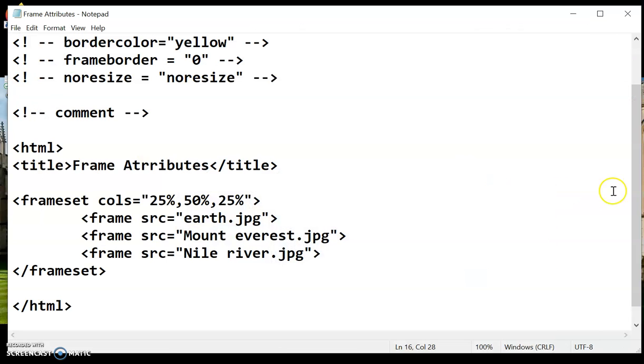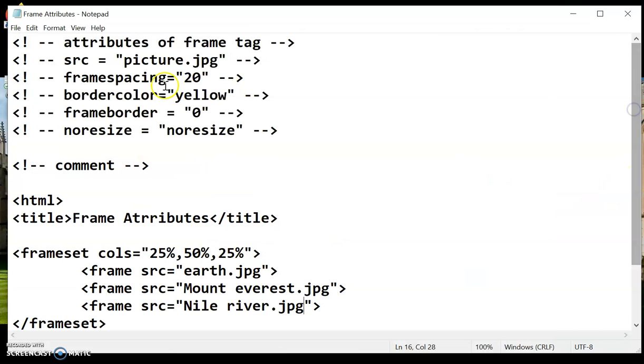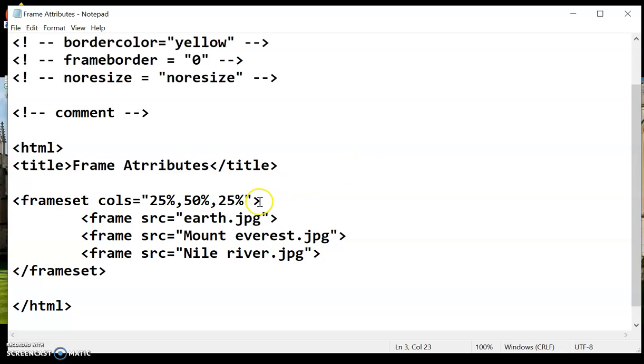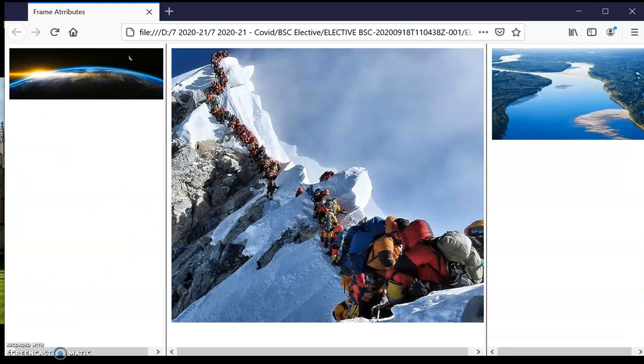Now let's add some more attributes. Here we have a frame spacing, that is 20. So let's add the frame spacing attribute in the frameset. Frame spacing, let's say I want 20. Frame spacing means I want some space between two frames. So frame spacing 20 pixels. Now let's check the output in the